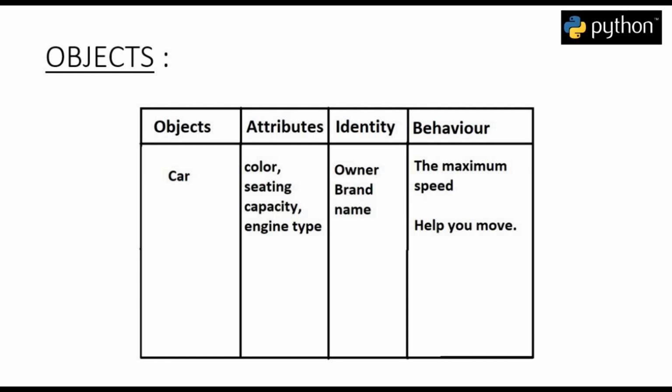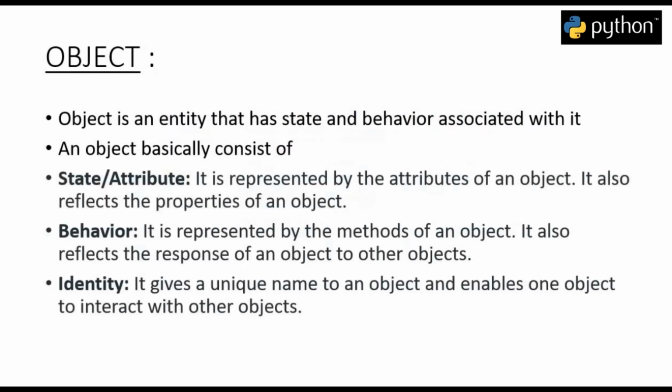So from this we can clearly observe that any object has three different characteristics. These three characteristics are basically state, identity and behavior. So let's explore them in detail. The first characteristic of any object is its state or attribute. For example, the color, the doors, the number of passengers constitute the attribute or state of our object. Similarly, the second characteristic of any object is its behavior. In our previous case, the speed which the car can attain and the time which it will require to perform the braking operation are its various behaviors.